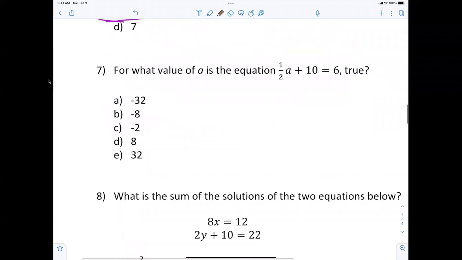All right, now, number 7. So first do minus 10. Right, exactly. You get negative 1 over 2, A is equal to negative 4. And then what? You do the reciprocal, and A equals negative 2. Uh-oh. Half of what is -4? Half of what is negative 8. Yeah, that's all right, man. It's okay.